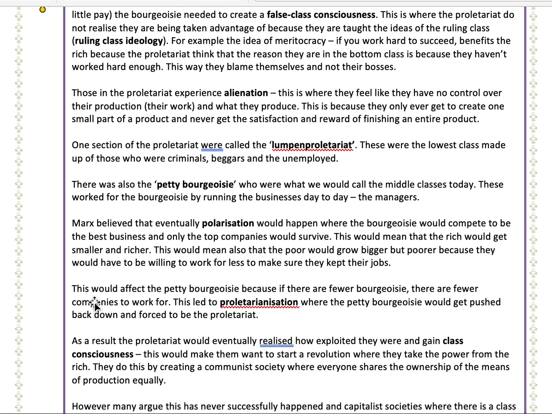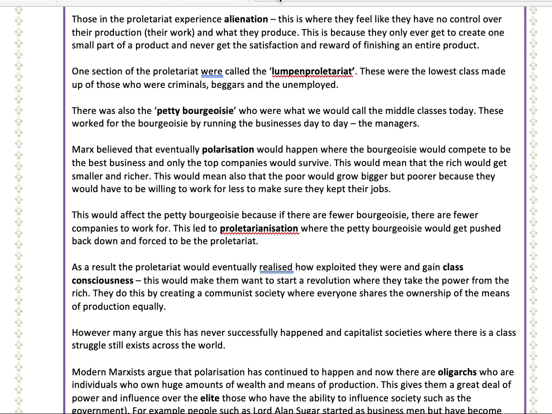Another thing the proletariat experience is called alienation. So this is the idea that there's very little control over their work. So in terms of production, they receive very little rewards from their work, and because they experienced alienation, that kind of resulted in them becoming quite docile and quite passive. So they were just constantly bored, essentially. So then that meant that they were never sort of critically thinking, they were never in a position to wake up and realise the exploitation they were experiencing and rebel against the bourgeoisie.